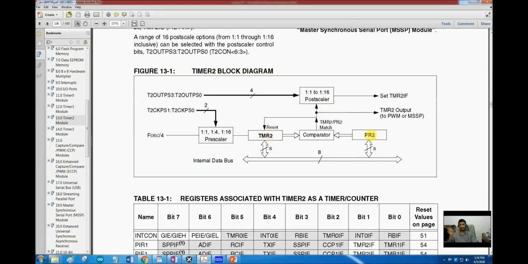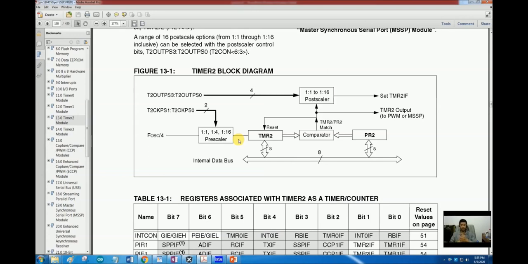So as soon as it reaches 100 again, the comparator will set a signal and the timer overflow flag will be set again. So after every 100 counts, or after every 100 microseconds, as the count based on this oscillator frequency and prescaler was happening after 1 microsecond, so 100 counts means 100 microseconds. After every 100 microseconds we will be notified by the timer 2 overflow flag, TMR2IF, that 100 microseconds have passed. Now do whatever you want to do.